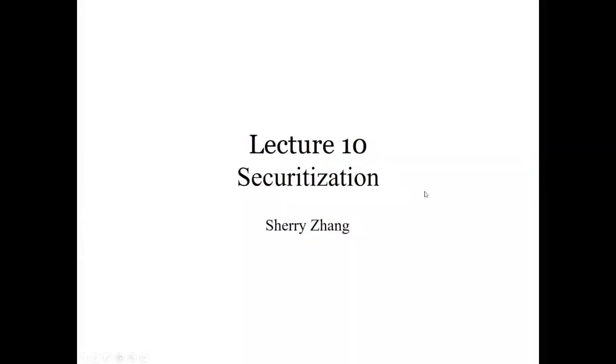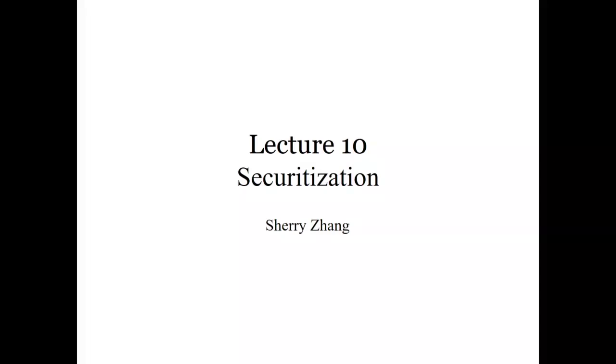Okay. So then let's move on to securitization. Actually, when I first heard this word when I was doing my bachelor's, I was so scared. The word seems so fancy, and it gives you the idea that the process can be really complicated and confusing. So don't worry about that. It's not that hard to understand. Today I will use a couple of animations and photos to show you how the process works.